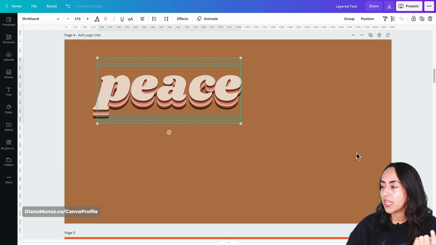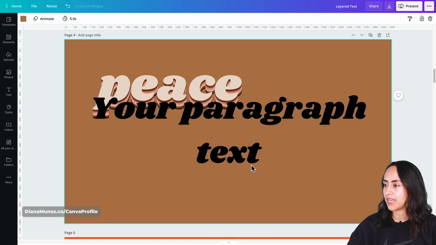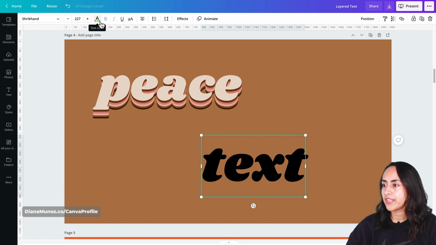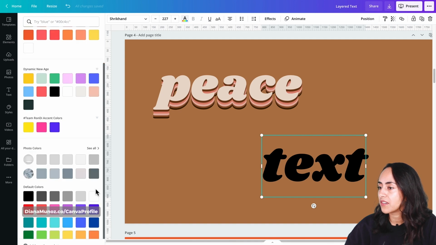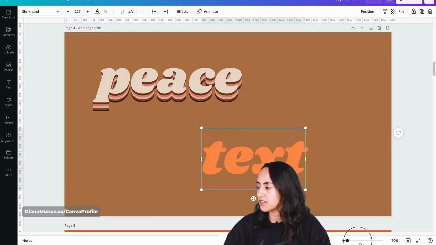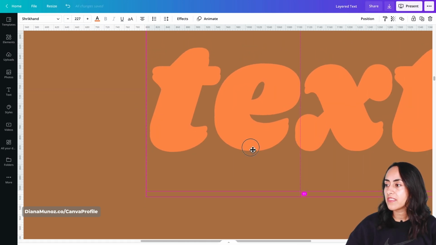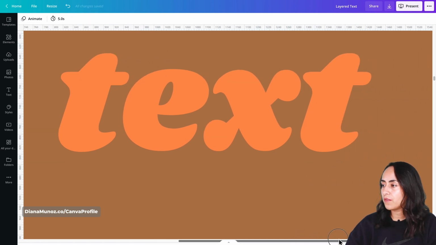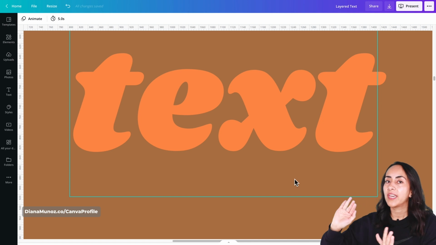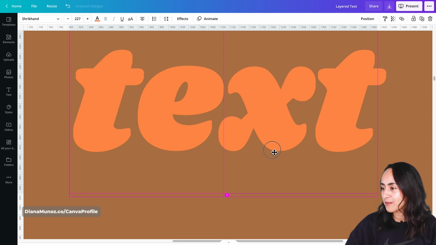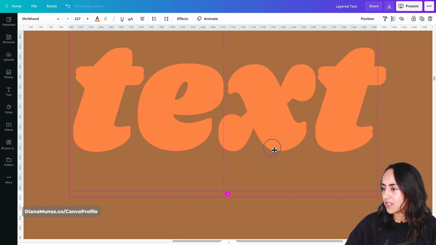So basically what you would like to do is, I will add my text box. Let me just do it again with the word text, and you will select your colors again as I already showed you guys. Maybe let's start with an orange this time, and then let's go closer and we're going to start duplicating our layers, but this time instead of moving our text to the right and upwards, we are just going to move our text box upwards. So I'm just moving my text upwards 11 pixels. You can move it even more if you wish.